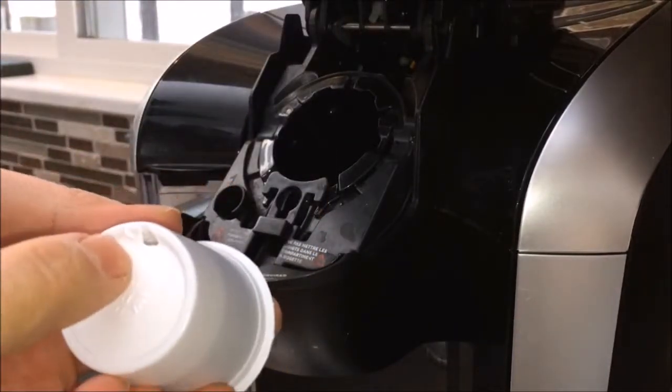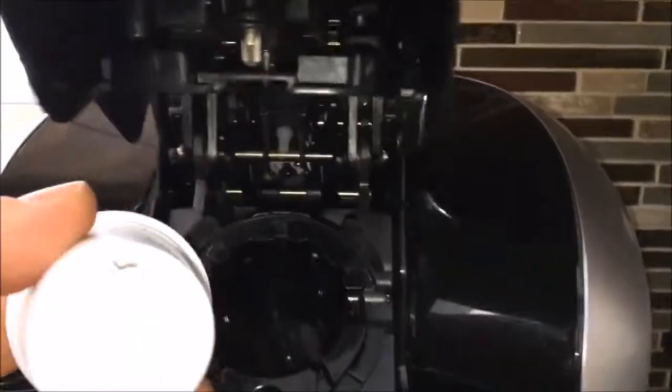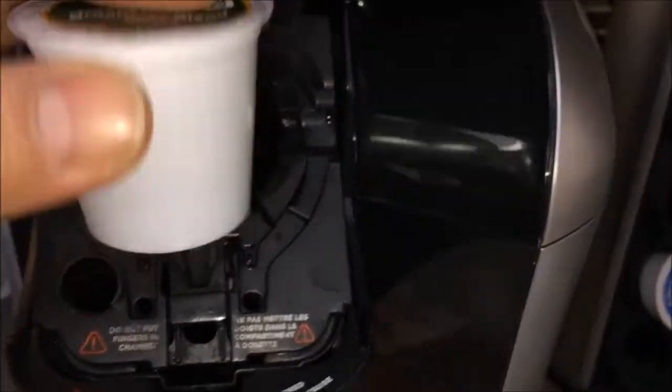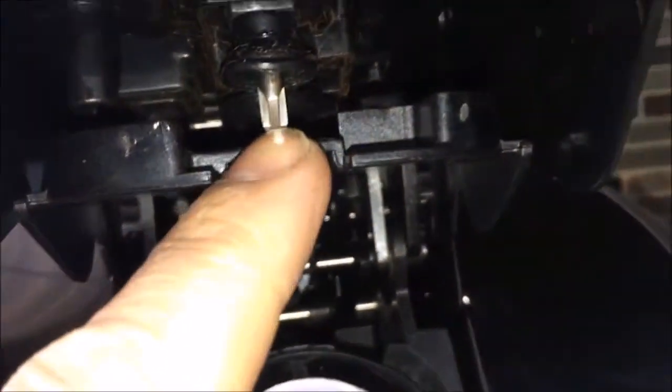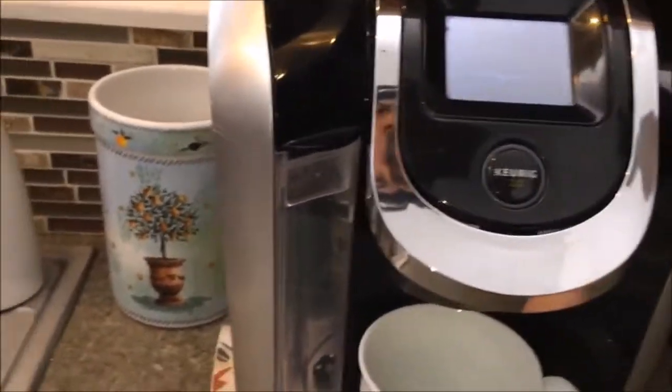But you want to insert this into the machine. This will be towards the bottom here, because that's where your needle valve would be. So put that towards the bottom, as such. And see there, our needle valve does exist on the top, it just doesn't exist on the bottom. So normally close it, and normally however you like your coffee,